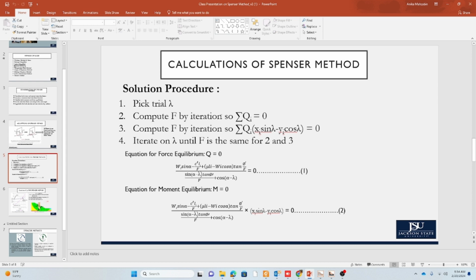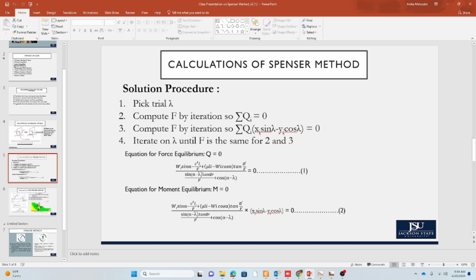And then you can see that we have a force function, and from iterating on lambda until F is the same for the two and three equations,